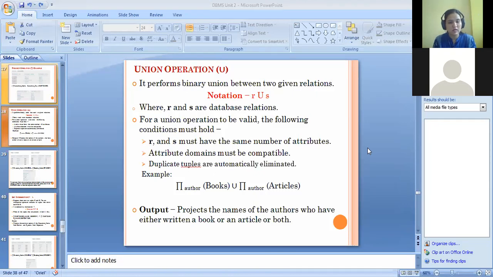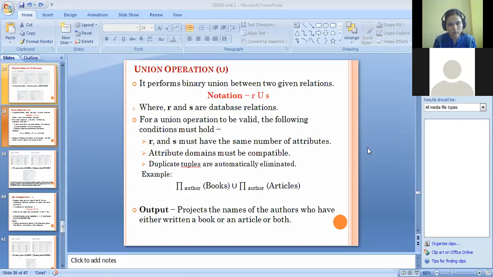First, understand the query. We want to combine the name of the authors from the books as well as the article. So first, project author, that is the attribute name, from the books.